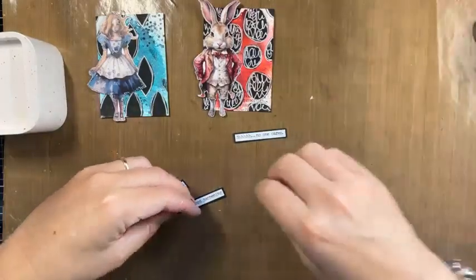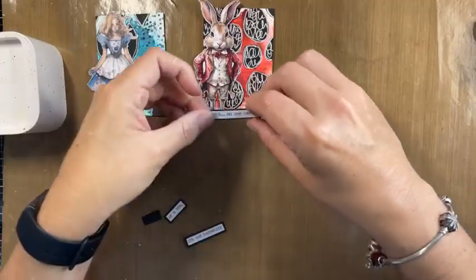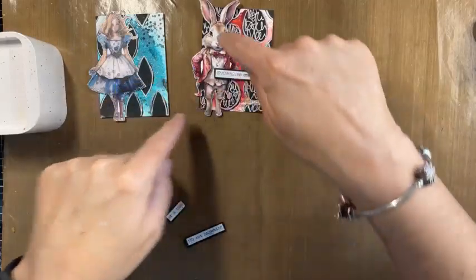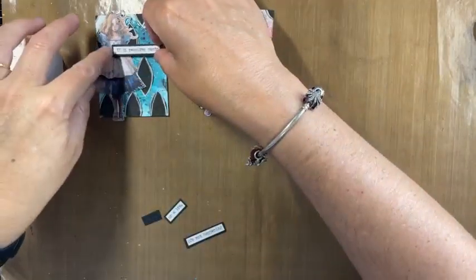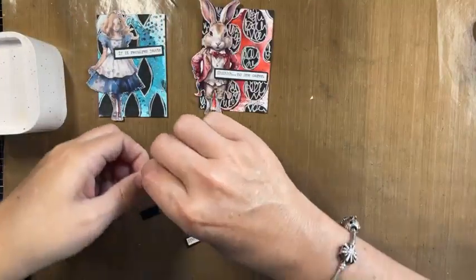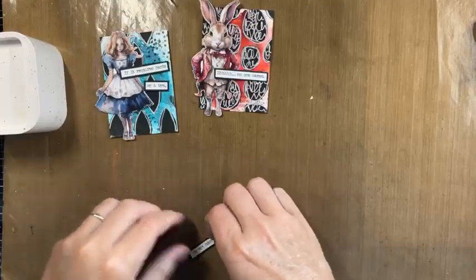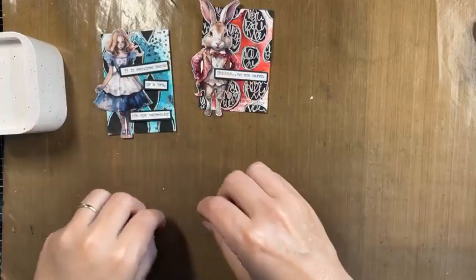So if you were doing it the other way, so that one will go, and I'm not going to pop these on yet. I will take a picture of them. So that one will go on there. This isn't dry yet. And then I will put, if it requires pants or a bra,